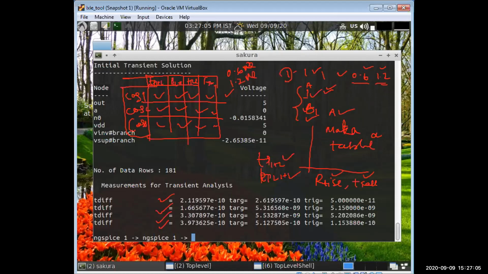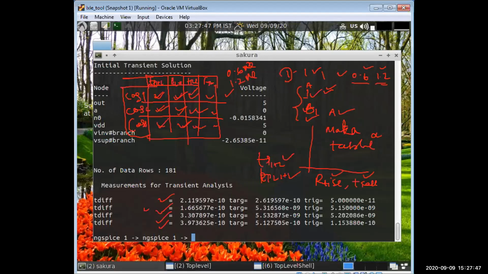Clear, or any doubt? No, sir. Clear, what you have to do. Okay, so do this and please make a report. By Saturday you have to complete all this report. Then we'll see. Definitely do all these measure statements, and all the values will be tabulated. If you do this, then you will understand clearly why this is reducing, why this is increasing, what is actually happening.